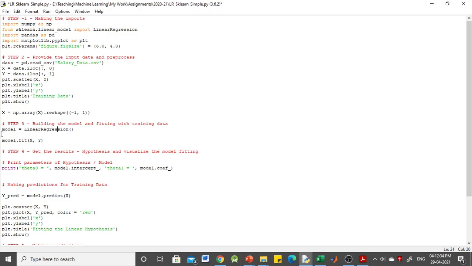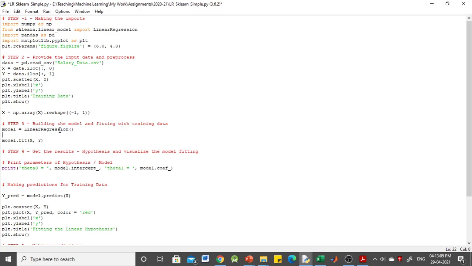In this statement we are creating the variable model, an instance of the class LinearRegression that represents the regression model, right? We can have several optional parameters to this function LinearRegression, right?